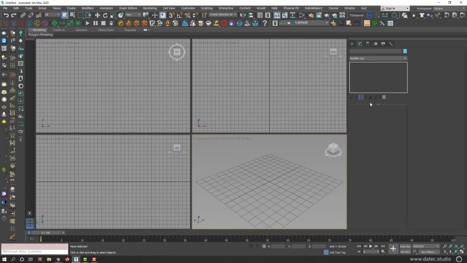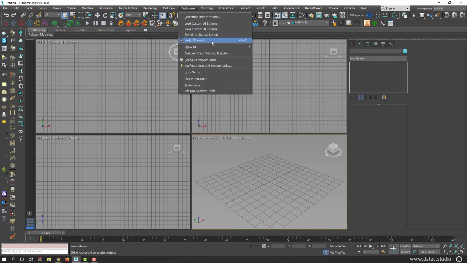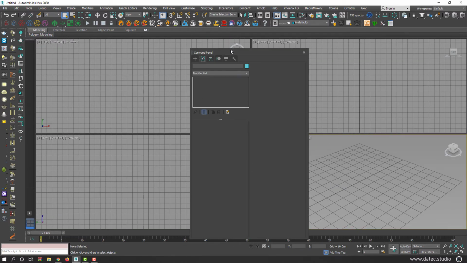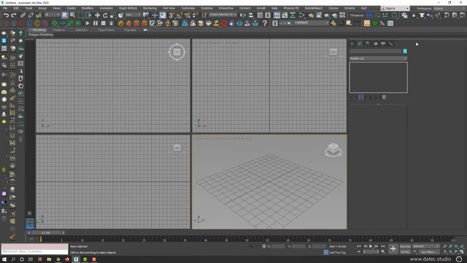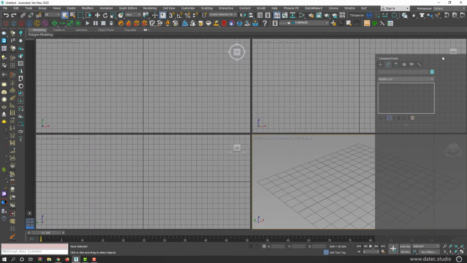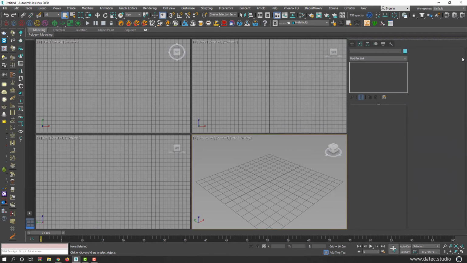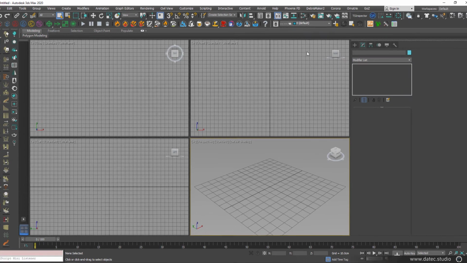And because sometimes you're accidentally moving your panels, allow me to unlock. Something like that. It is nothing to worry about. Simply you could double click on the title here to snap, or just drag it to the right side until it snaps. And because it is possible you accidentally move your toolbars or commands and you don't like it,